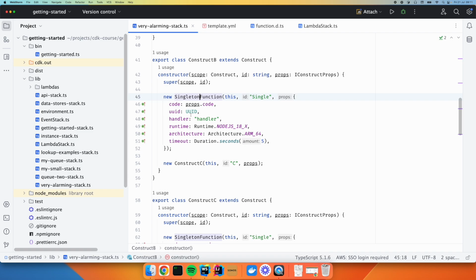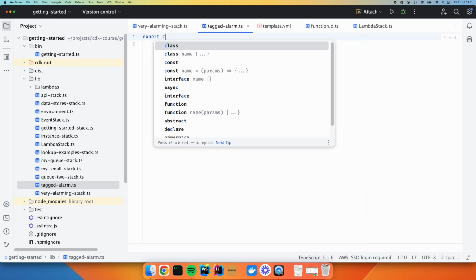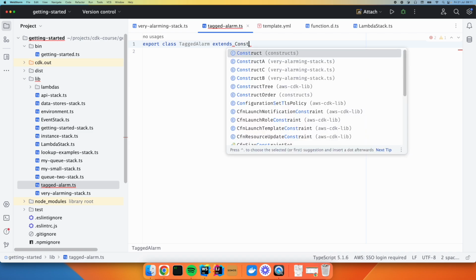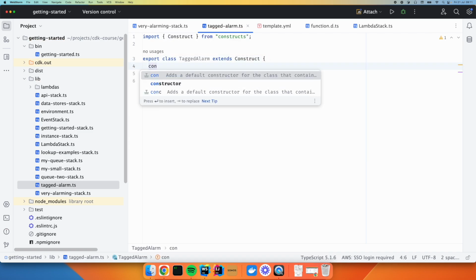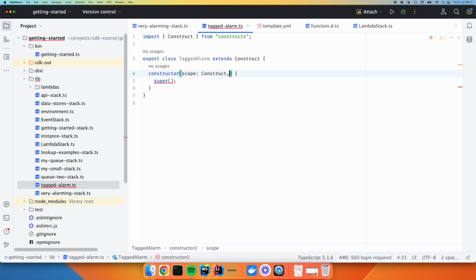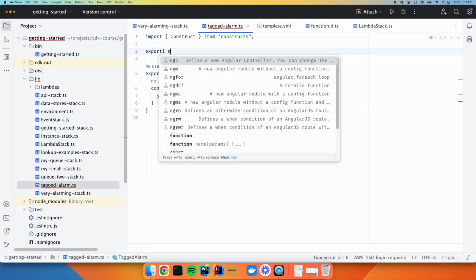our own code. So we're going to make an alarm tagger. Whoops. I'll tell you what, actually, let's make a tagged alarm. So the default CloudWatch alarm construct doesn't support having tags, and it doesn't support having tags because the underlying CloudFormation resource doesn't support tags. So we're going to make our own version of the alarm construct, but ours will support tags. So we're going to have the scope, a string, and then we're going to use the alarm's properties with some customization. So let's have our class, which is going to be